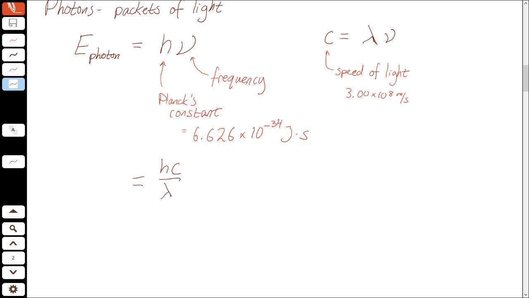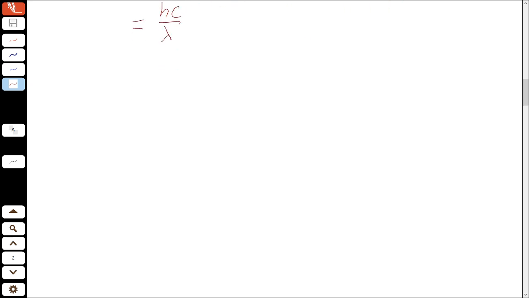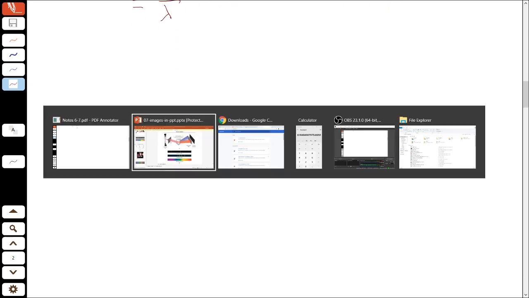The quantum was the name for this little packet, but also for this idea that there are discrete, quantized levels that electrons in atoms and molecules can be at. They can't just have whatever energy they want. And let me show you why that works. So the thing that was developed,